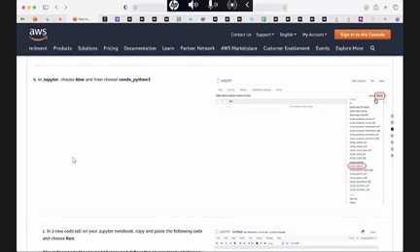Under New, you have lots of different types of environments: R environments and Python environments, plus Spark, which is for distributed computing, MXNet, TensorFlow, and so on.